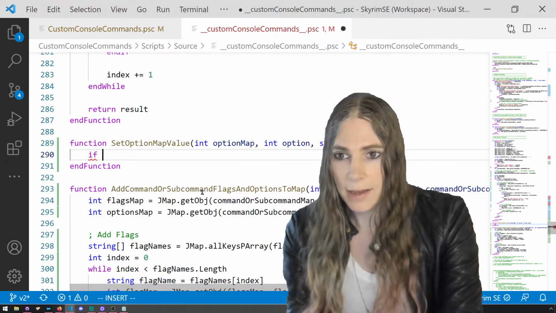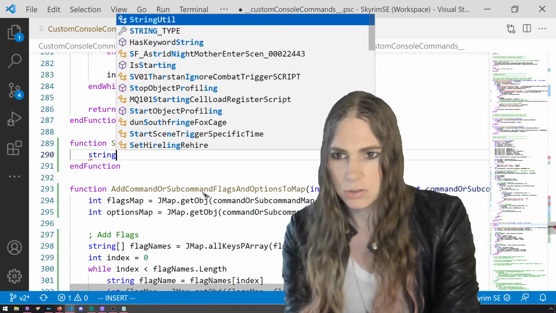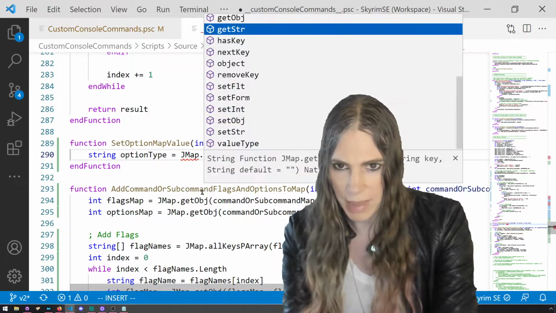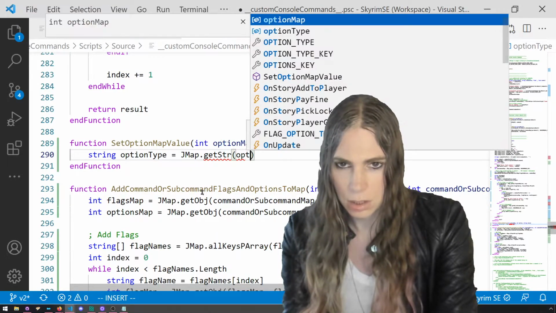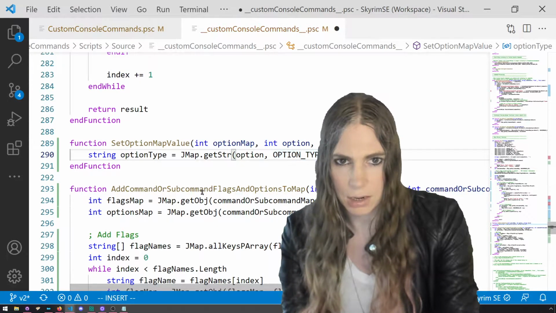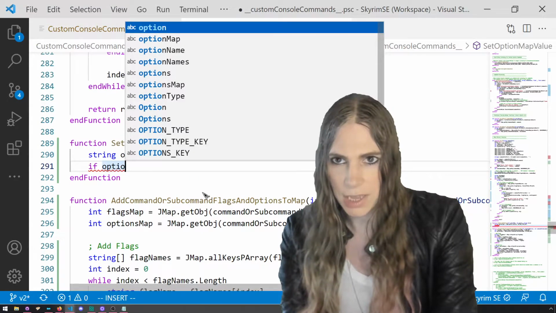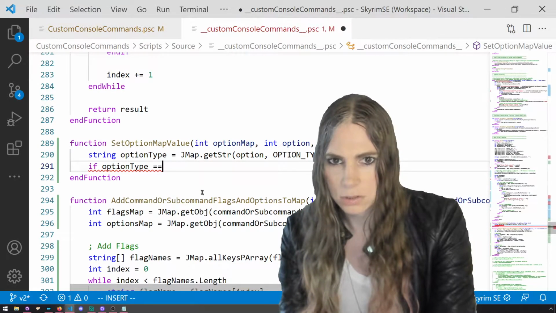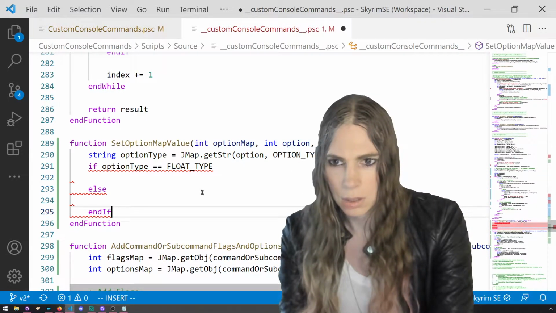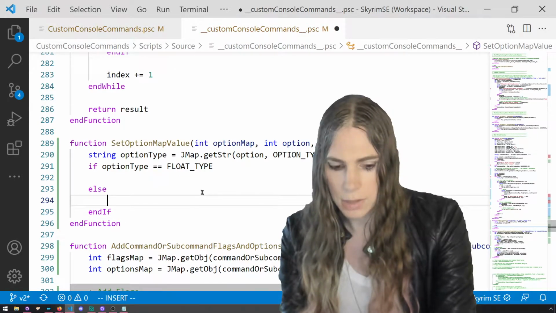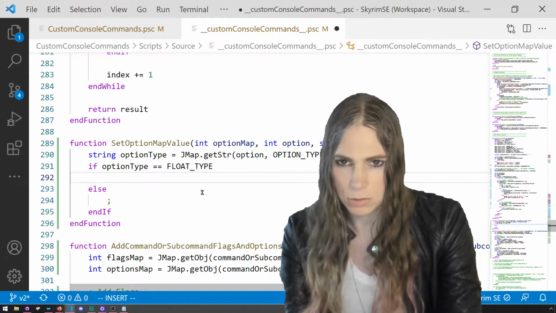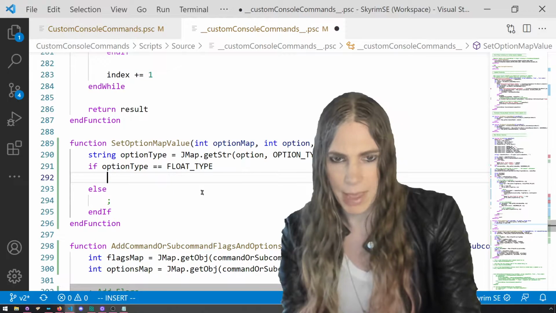So we can just say get its type, so string option type equals jmap get string option, there's an option type key that I added. If option type equals float type, else we currently just don't support it. We'll get to it. If it's a float, then we're going to set on that option map